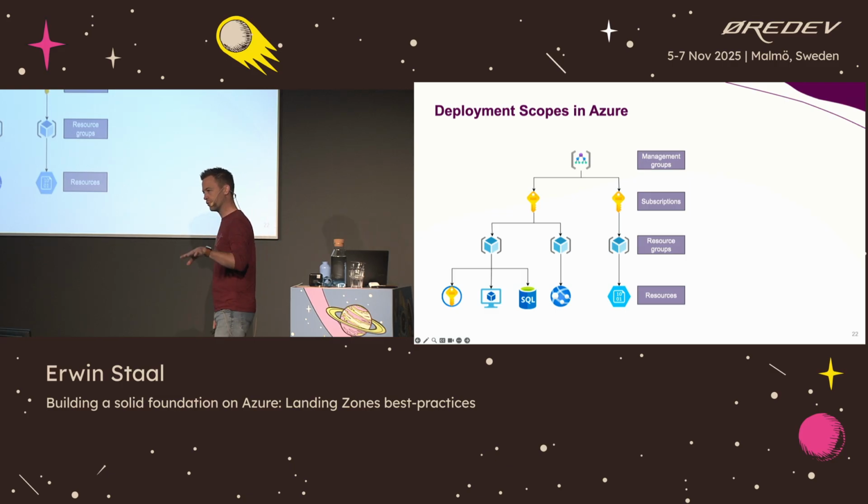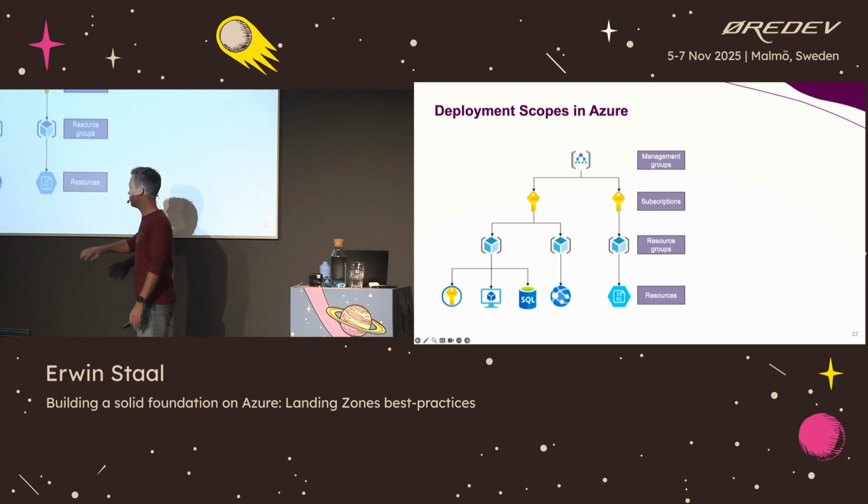I already sort of told you that application landing zones and landing zones in general in Azure translate into subscriptions. So why is that? Let's talk about deployment scopes in Azure. As you might know, in Azure there's a whole hierarchy for you to use to organize your resources, right? So it starts with management groups on the top. You can actually have management groups in management groups to create a nice structure. Management groups can contain one or more subscriptions. Subscriptions can contain one or more resource groups. And most resources in Azure, not all of them, but most resources in Azure are actually being deployed into a